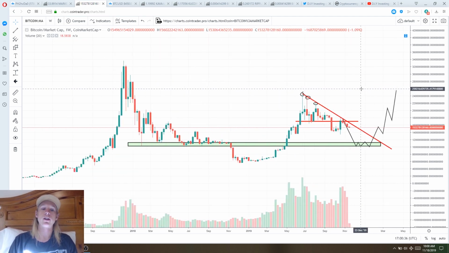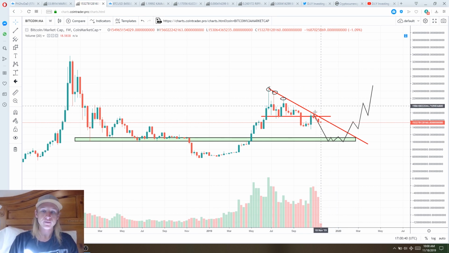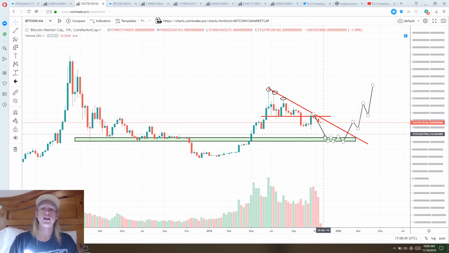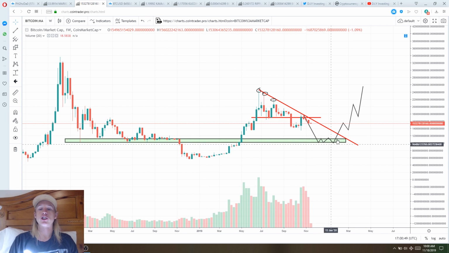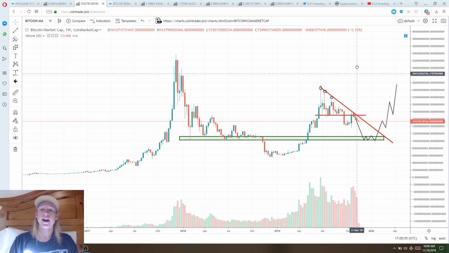And so this is really the analysis that I had for you. I wanted to share with you guys some perspectives that I'm watching. I personally am leaning towards this scenario playing out to where we're actually going to get another drop back down to the 6K support floor. And then from there, I would assume that we don't stay here for very much longer before we actually start impulsing out of there. And so this is really the analysis that I had to share with you guys.